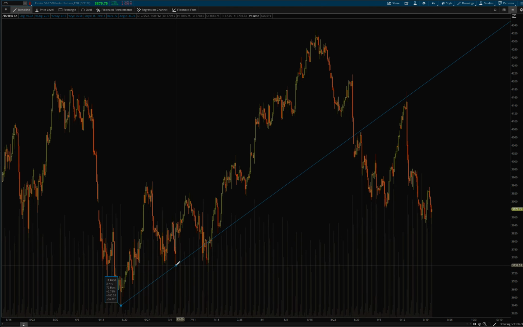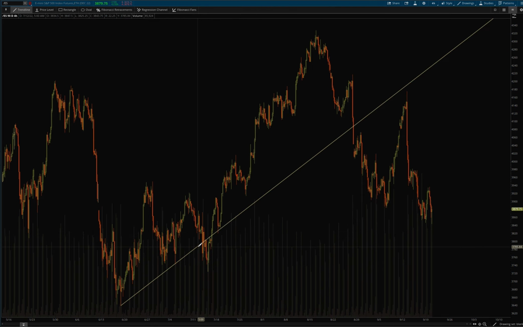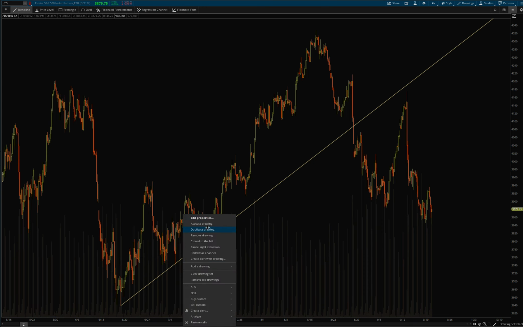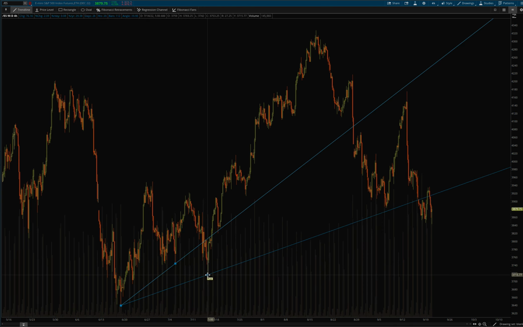So looking at this one, you can see that this here kind of gets some respect through this area here. So I might draw one in here, and sure enough, later on you can see price trying to get back up to there. But there's just not a lot of correlation in here. I like them when they come off of a trough, I probably would draw this one, but the one that I'm really looking for is going to be this one down here, because this is